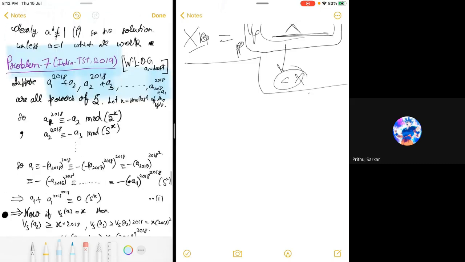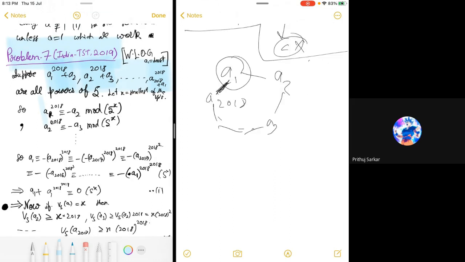Okay. So basically the idea is that suppose we consider the smallest x. So firstly notice that this is just cyclic shifting. So we can assume that a1 is the least number. Is this assumption clear? This is just a cyclic shift a1, a2, a3, up to a2080. There is nothing special about 1 here. So there should be some least number here, so we can consider this to be a1. Okay.